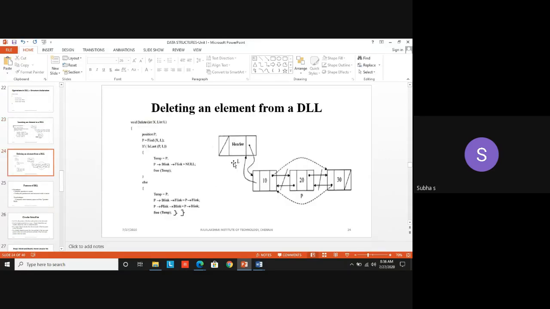Next, we saw the deletion, how to delete an element from a doubly linked list. Same thing, just a similar procedure. You have to remove the forward and the backward link pointing to that particular element, and connect it to the next element, because the element which you are going to delete is considered as P. P arrow next means what? It holds the address of the next element. It is pointing to 30. So now the forward link of 10 should point to 30 and the backward link of 30 should be connected to 10. That only we saw in the last 2 routines.